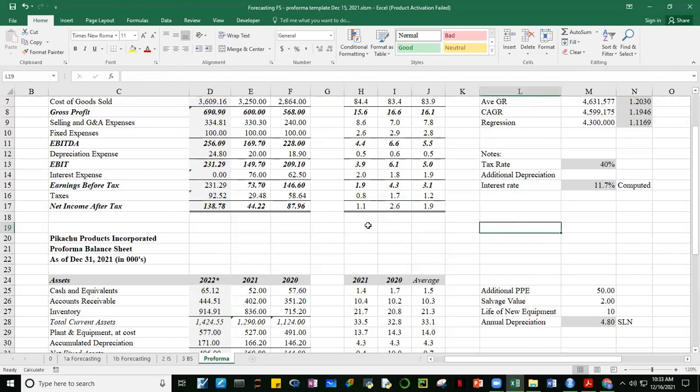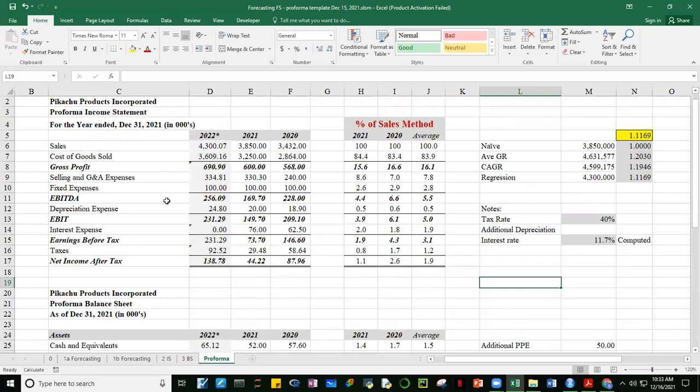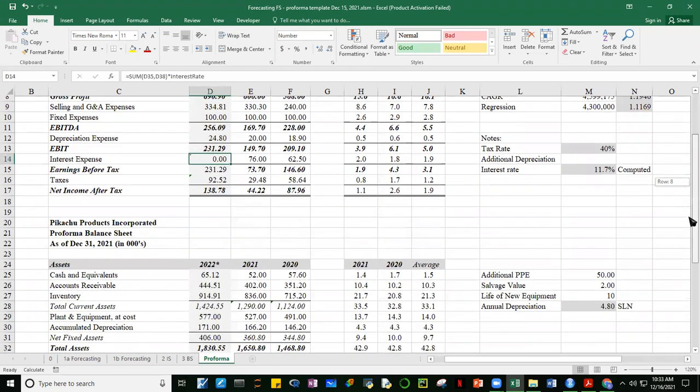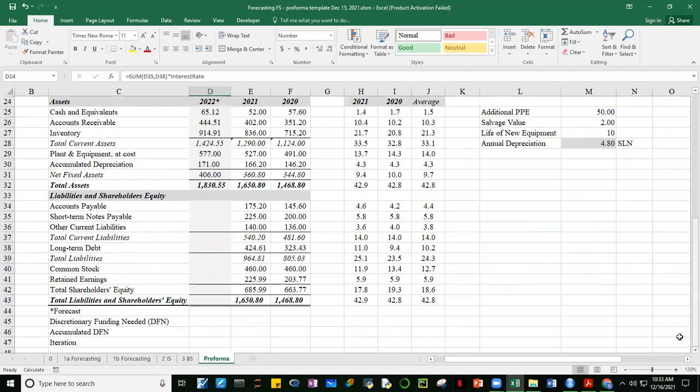Okay? All right. So sa income statement natin, isa na lang wala, ito, interest expense. Wala pa kasi yung short-term notes payable natin at saka long-term debt, which we're now going to fill up. Okay. Now we go to liabilities and shareholders' equity. Okay. Now before I discuss that, meron dalawang klaseng financing, guys. Generally, pwedeng spontaneous